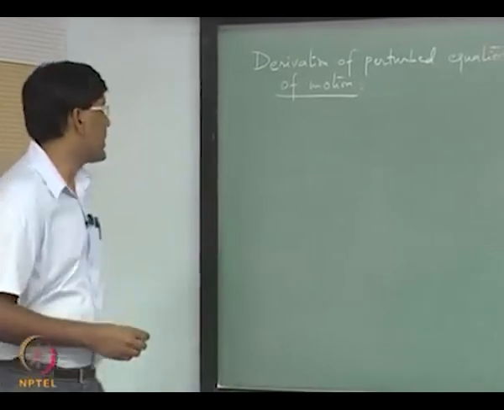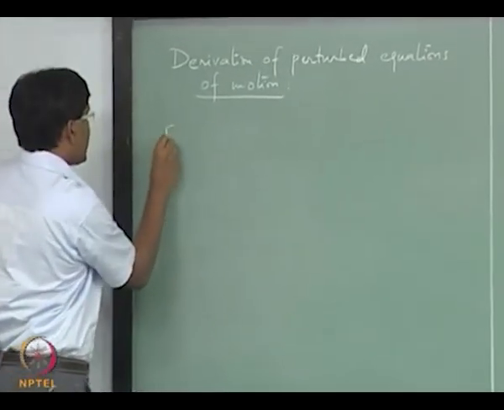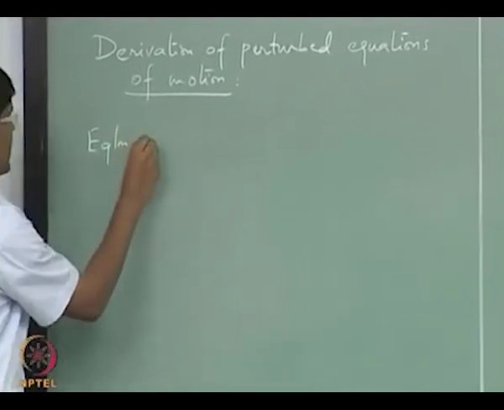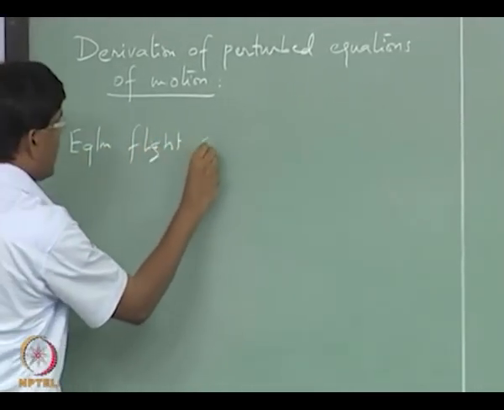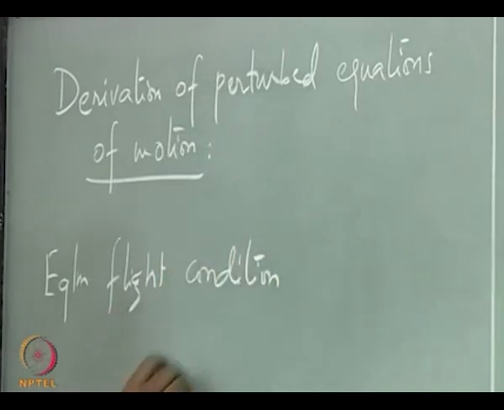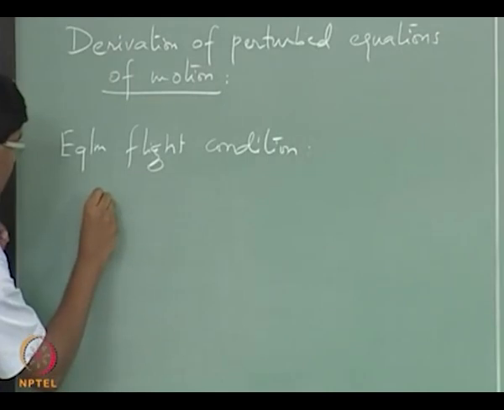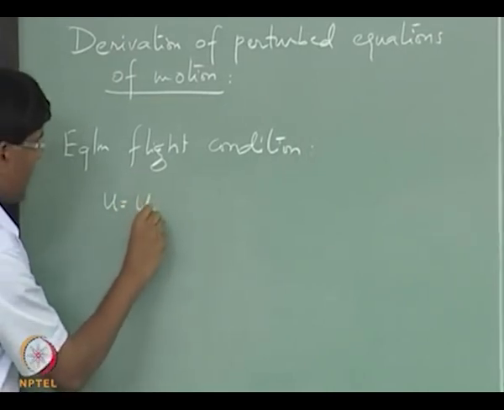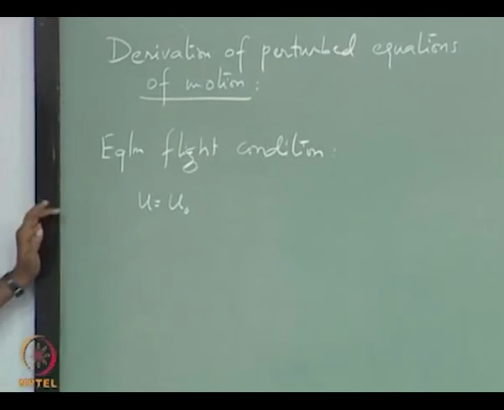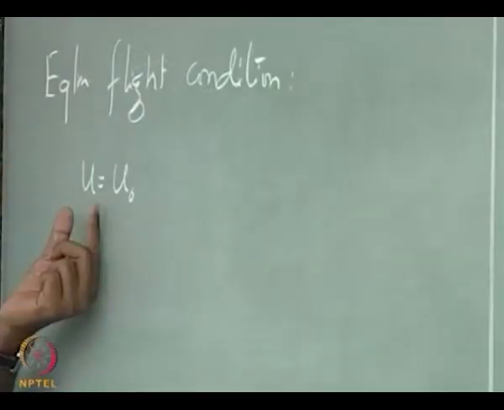flight condition. So, in this case we will take an equilibrium flight condition. There is not only one such flight condition; you will have many. So, I am taking one as a reference flight condition and trying to derive these equations. Let us say the aircraft is flying with the speed u equal to u naught,